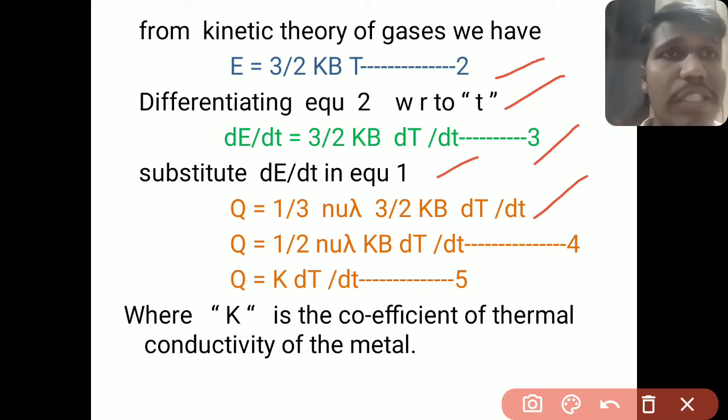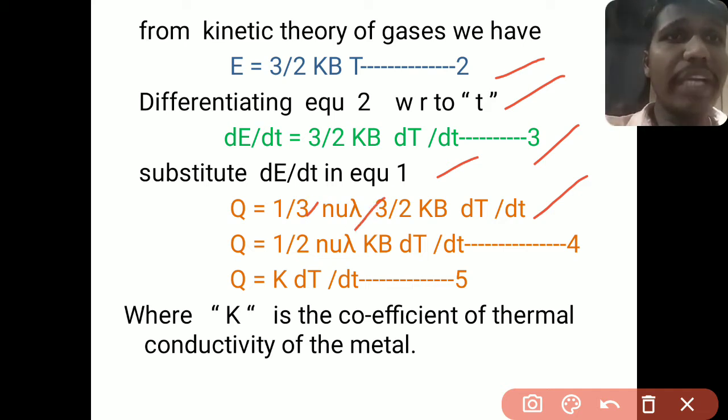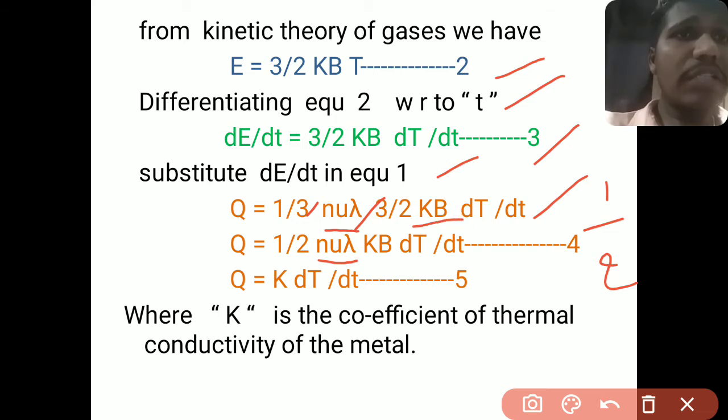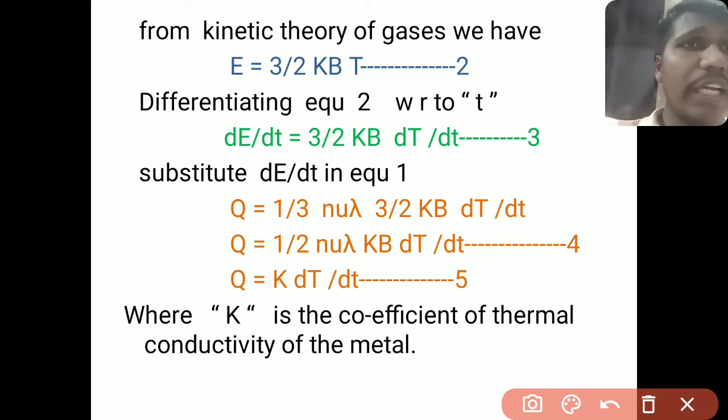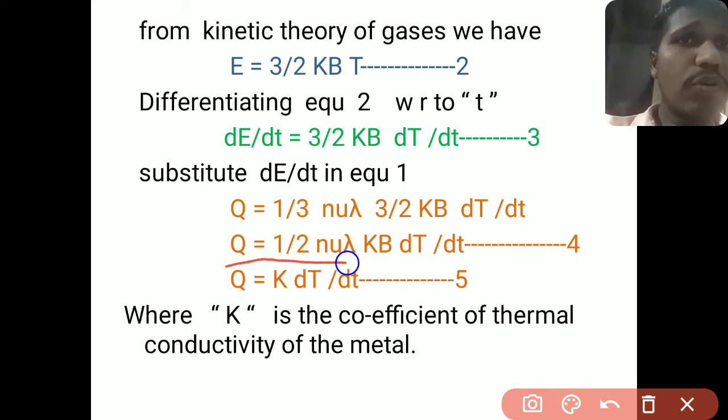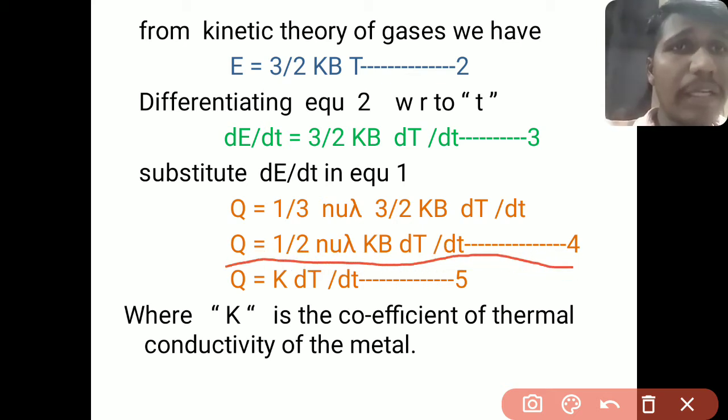In this case the 3 gets cancelled, so only 1/2 is left, with nu lambda and kB the same, and dT/dx. Then in equation number 4 we get Q is equal to 1/2 nu lambda kB into dT/dx. So when heat flows through the conductor from A to B,